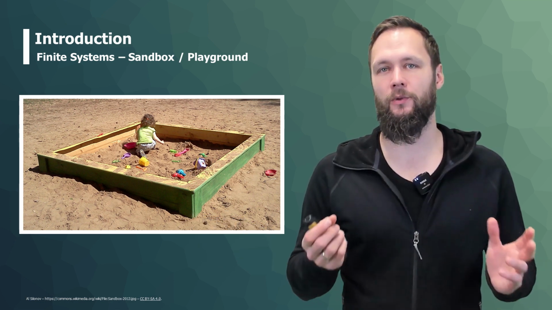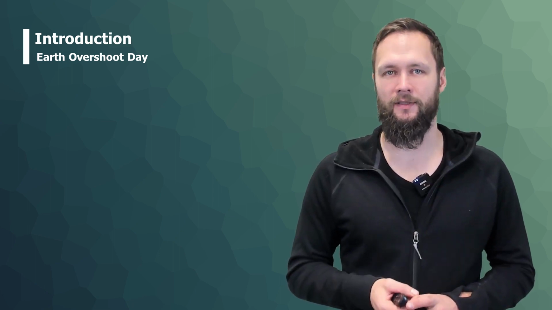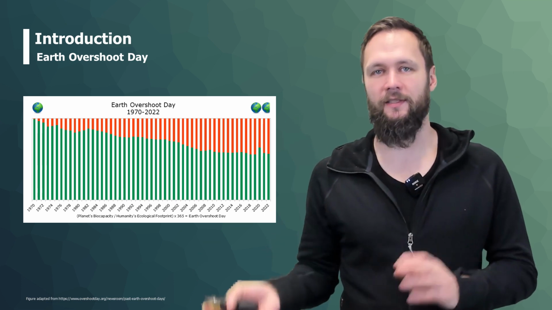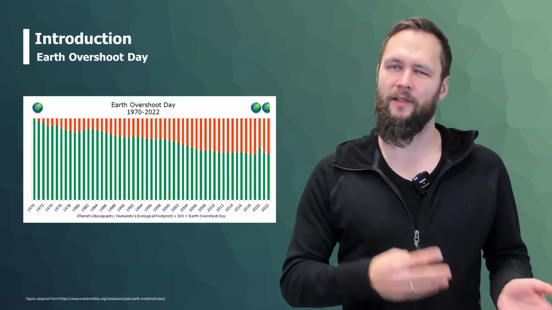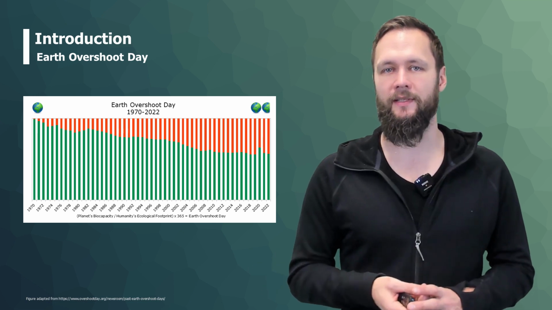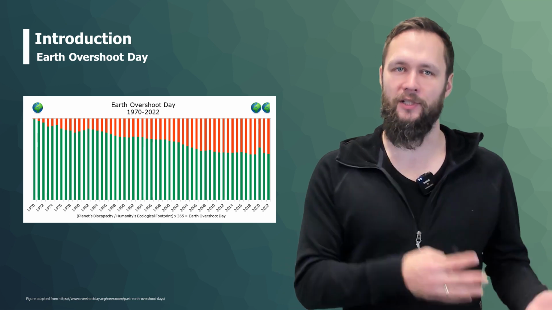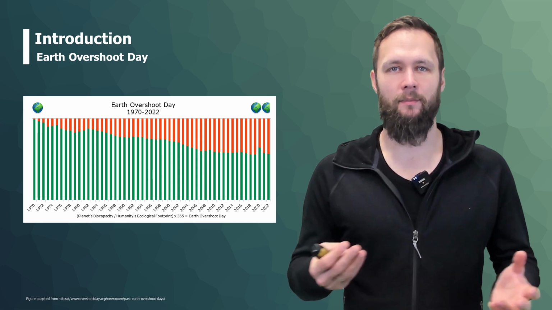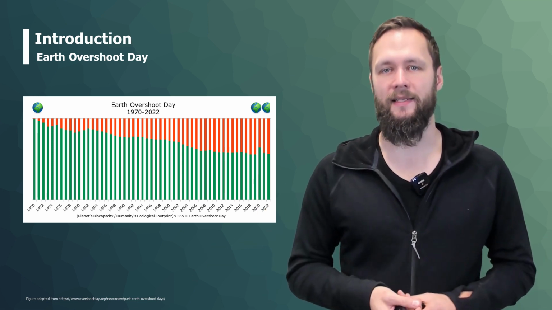We also talked about the Earth Overshoot Day in the very first lectures. So we have a planet with finite systems and finite resources. The more resources we use, the less there are. There's a certain amount of resources that is regenerated over a certain time period. But in general, we as humans use way more resources than are regenerated within the biocapacity of our planet every year. And at some point, we'll just run out of resources and no longer have an inhabitable planet.